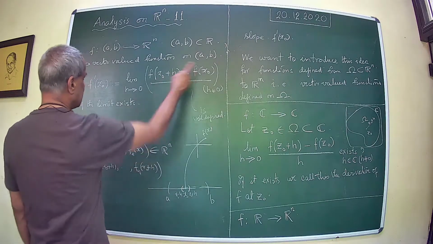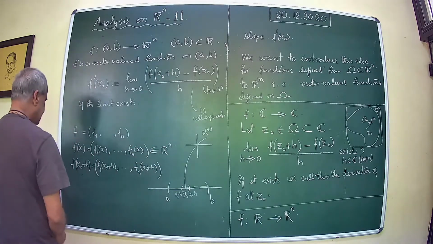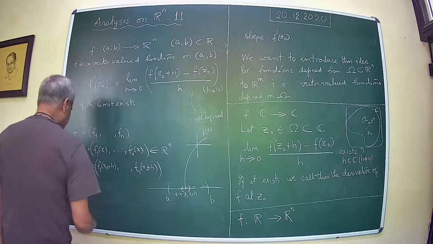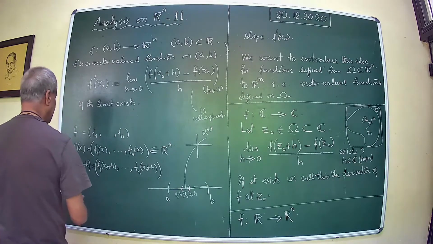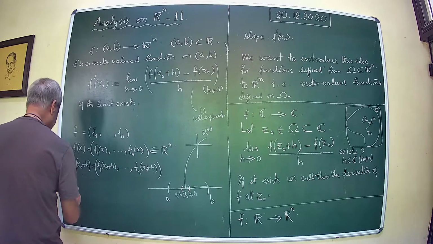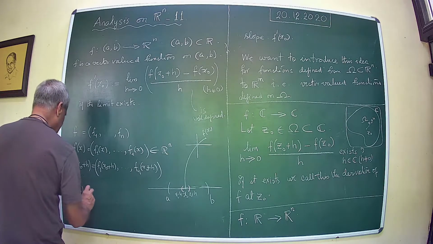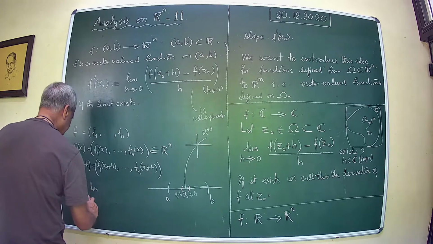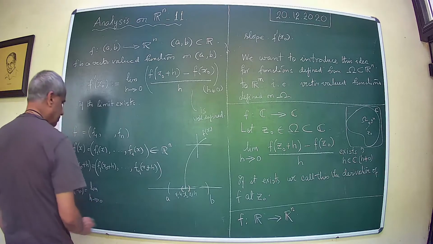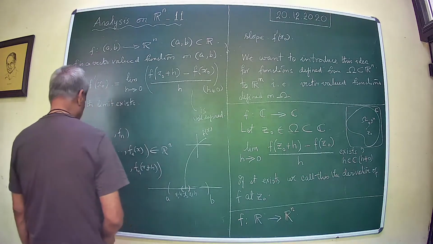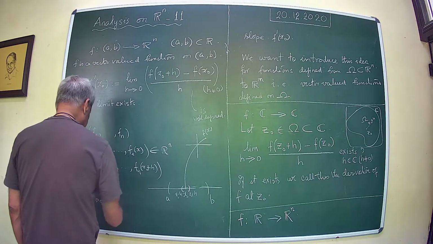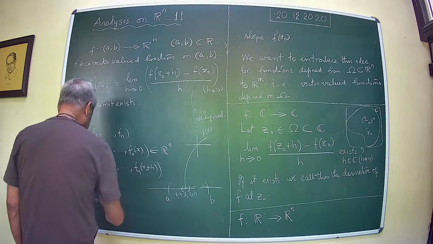And what about this difference? This difference is then what you have in the numerator. Therefore, f derivative at x naught is equal to limit h tending to 0 of the following: 1 by h